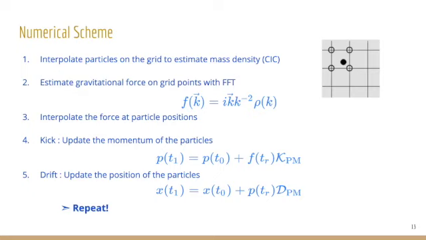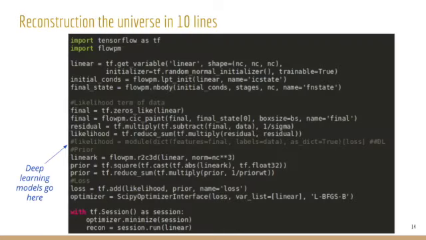The numerical scheme that we have implemented so far is essentially: interpolate the particles on the grid with a CIC or some other scheme, do FFTs to get the force on these grid points, interpolate the force back to positions, and then do a kick-drift to update the momentum and displace the particles. This is basically the FastPM scheme that we've implemented so far. If that's not your favorite choice of simulation, we believe that this essentially covers all the operators that you need to run any other approximate scheme of simulations.